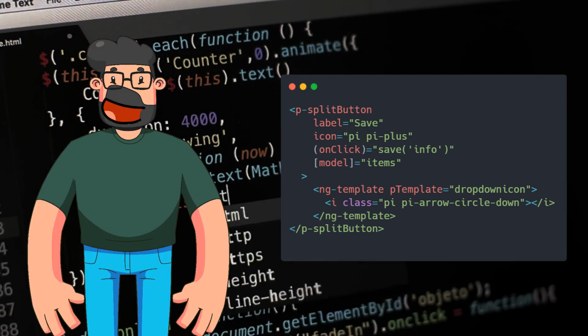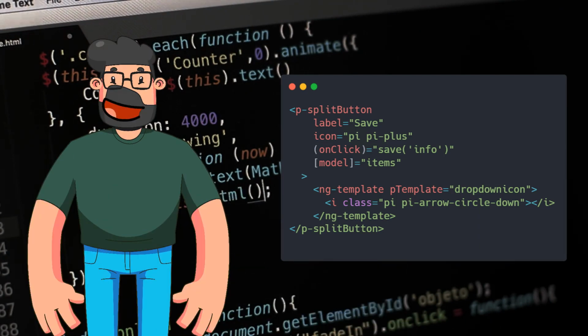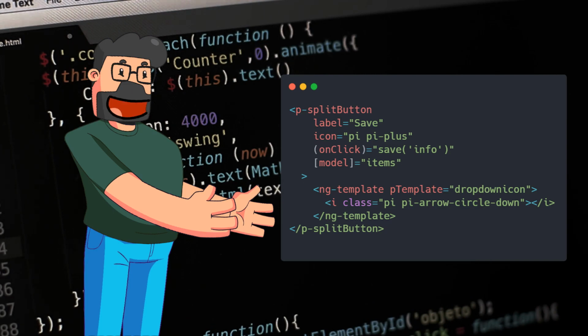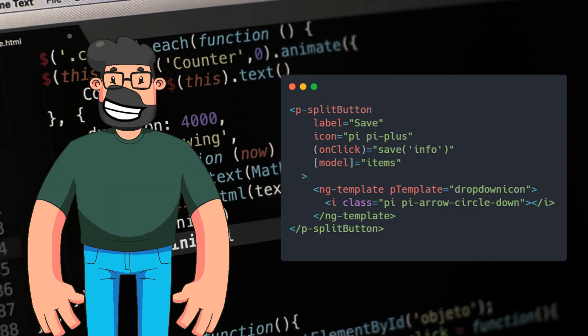The key to changing the drop-down icon in PrimeNG's split button is by utilizing the drop-down icon template. By using the code snippet provided, you can customize the drop-down icon while keeping the label intact. This ensures that you have full control over the appearance of the split button and can achieve the desired visual